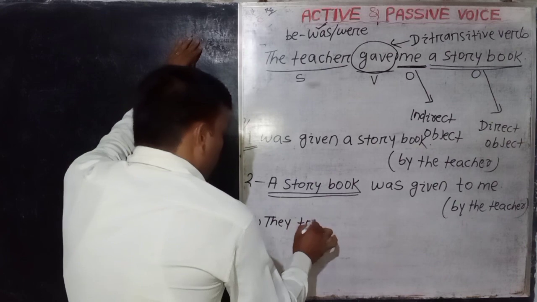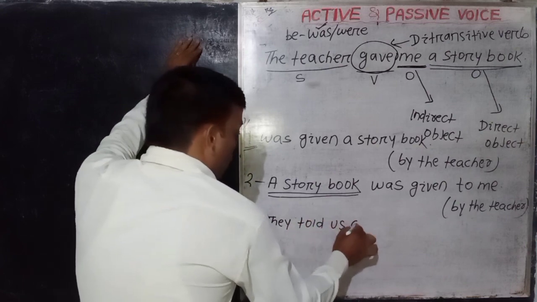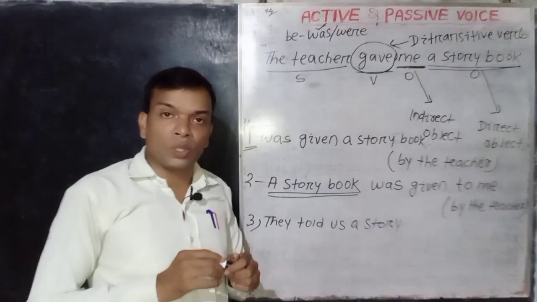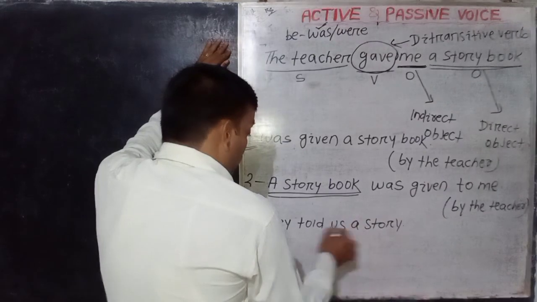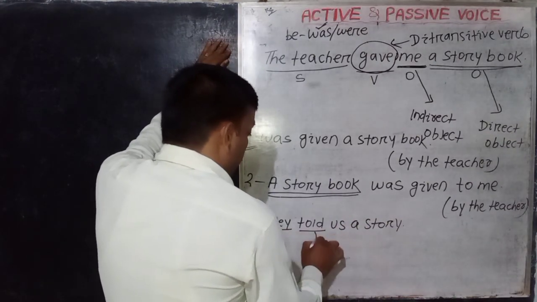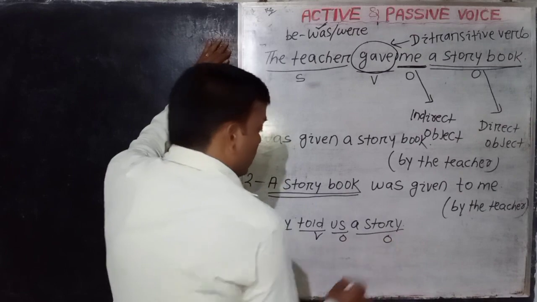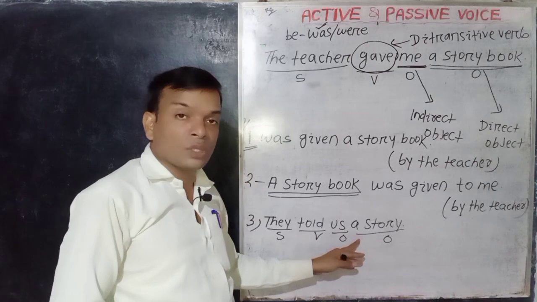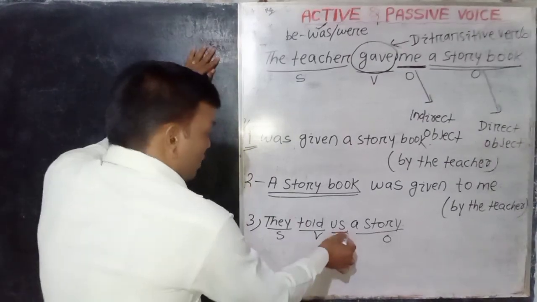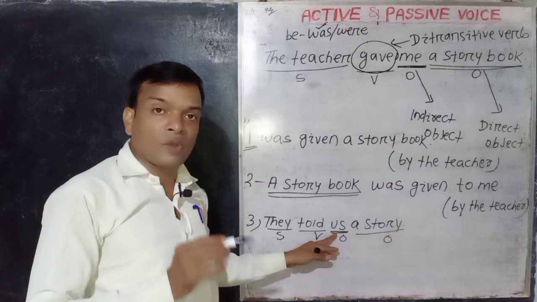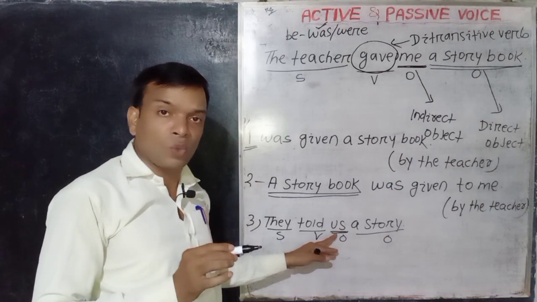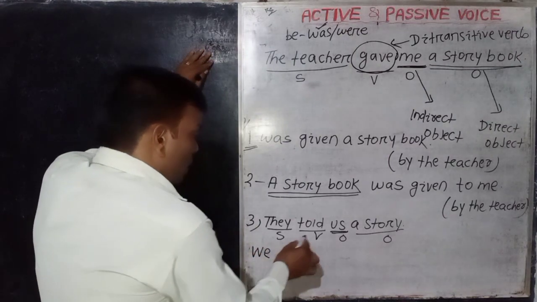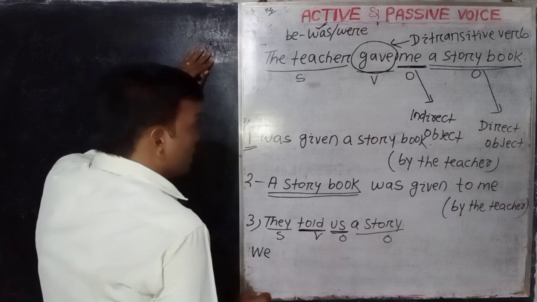Another example, see, they told us a story. Okay, remember here the particular sentence is in subject, verb, object and object pattern. Like in this sentence, us is called the indirect object and a story is called the direct object. So first write here, see, us is the objective form of the subject, that is called we. So start the sentence with the subjective form, we.